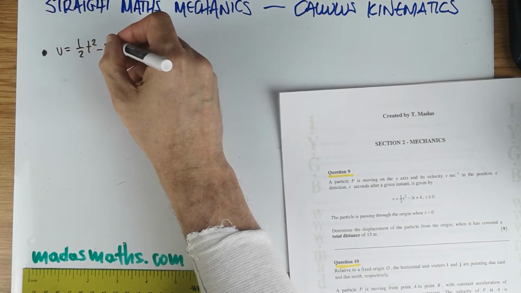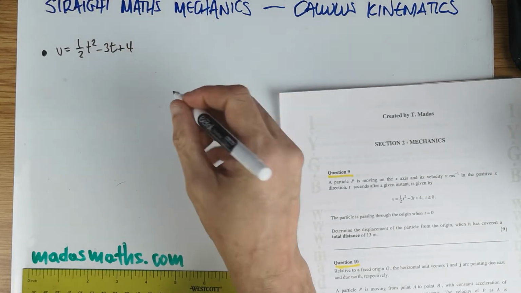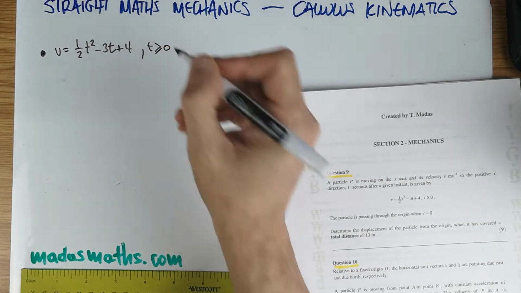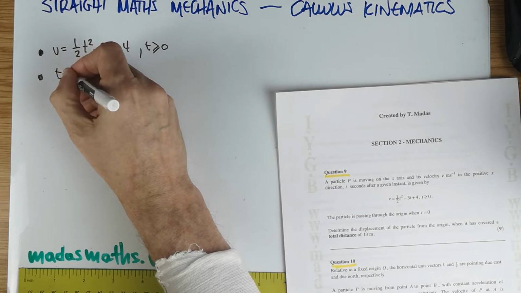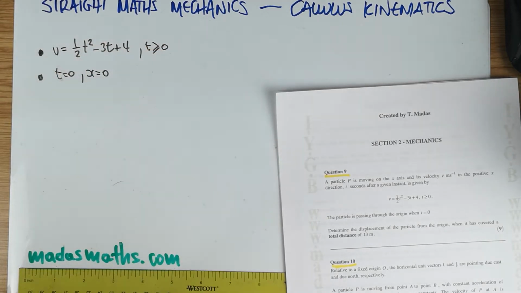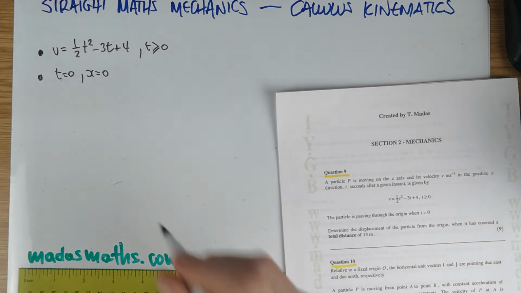This is like differentiation and integration backwards, but I'm going to do it because, of course, it's a sensible way of doing this question. It's actually a very good way of doing it, the way I'm going to show you. And it's telling us that the particle is passing through the origin when t is equal to 0. If you're going to attempt this question by integrating backwards to get displacements and all sorts, this is a condition. When t is equal to 0, it is passing through the origin, so x is equal to 0, and